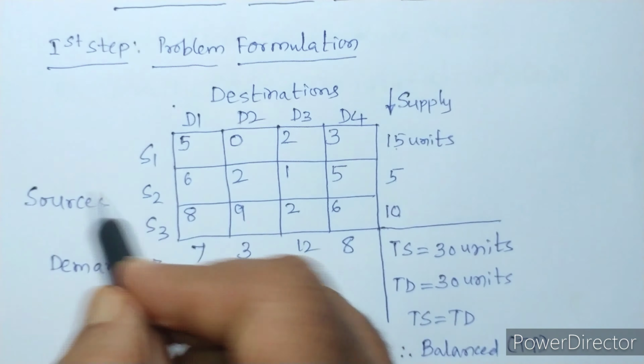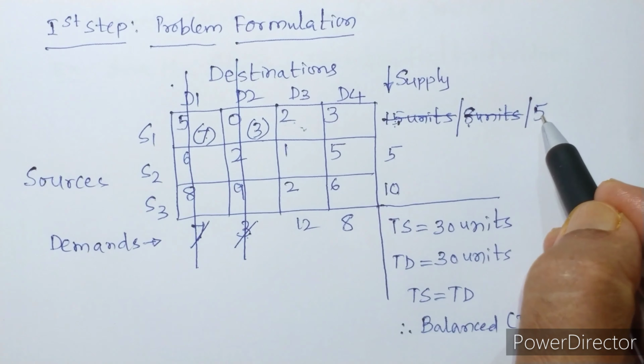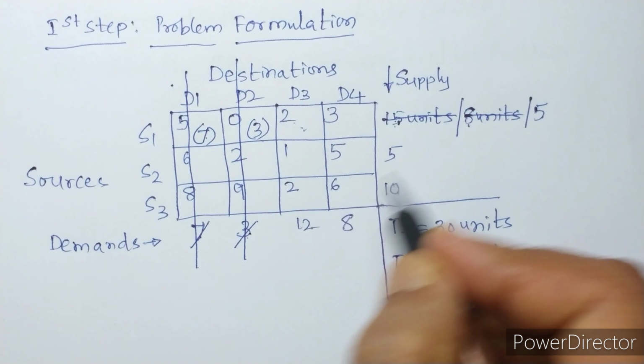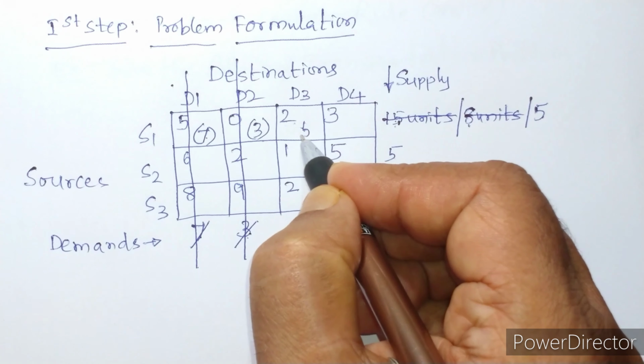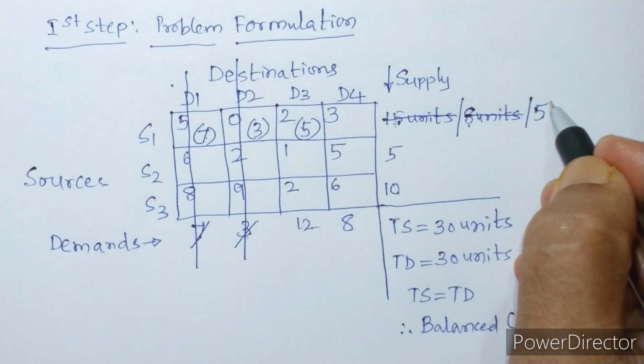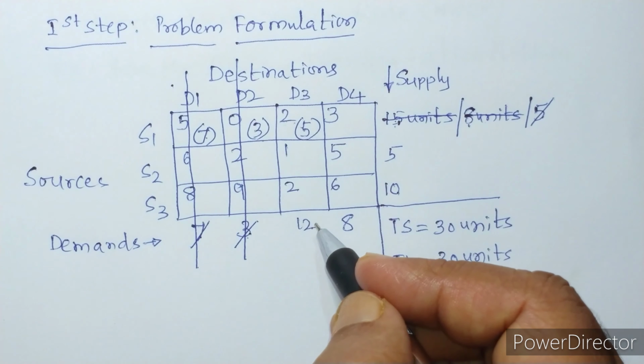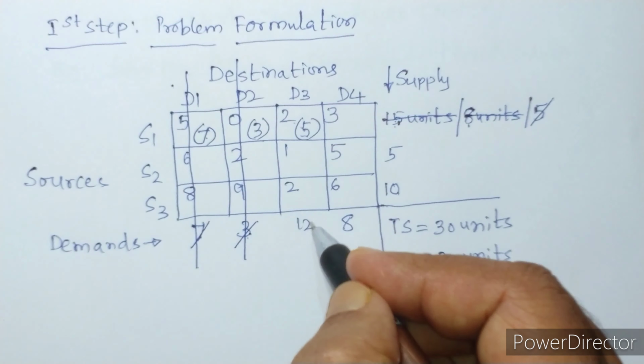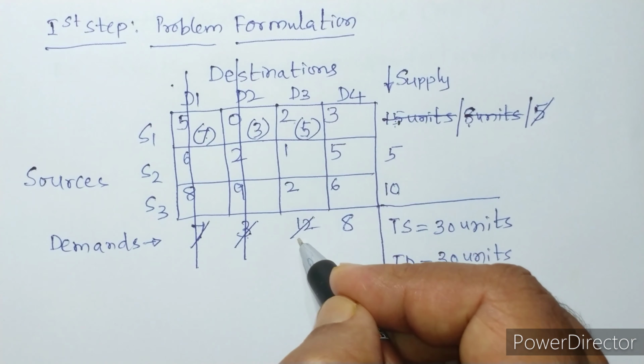Out of 8 remaining units we have supplied 3 units to D2, so remaining units are 5 now. In the remaining matrix again select the northwest corner cell. This is the unit transportation cost 2, that is cell S1 D3. Now here the supply units are 5 and demanded units are 12, whichever is less we have to write it here. So 5 in the bracket, and now this 5 units have gone to this place, and 7 units of demand is still to be met at D3.